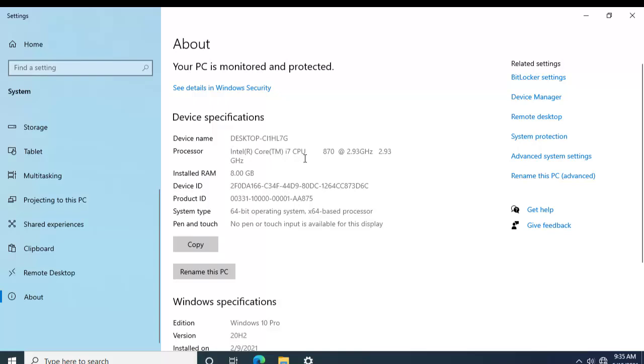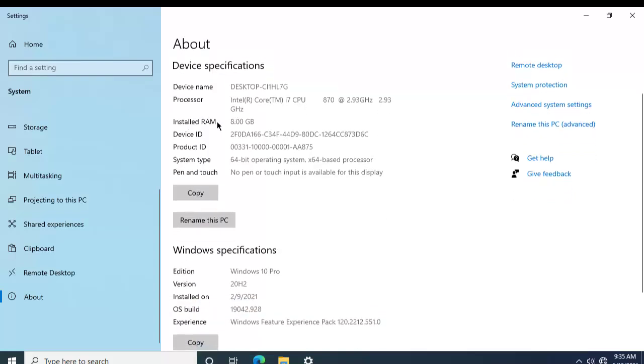I am using Intel Core i7 CPU, which is running at 2.93 gigahertz, and then the installed random access memory is actually 8.00 gigabyte. I have my device ID and product ID, and then my system type, which is the operating system, is a 64-bit operating system, which means it's capable of processing 64 strings of data per second. And the processor, which is the hardware built on the motherboard, which is responsible for doing math, is actually a 64-bit based processor, which means